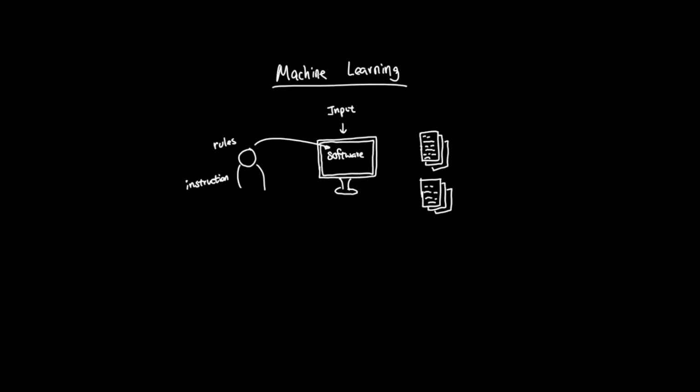You give the computer an input, the program follows the rules, and then it gives you the output. For example, if you wanted to check whether someone is old enough to access a website, you don't really need machine learning. You can just write a simple rule. If the user is 18 or older, allow access. If they're younger than 18, block access, and the logic is pretty clear and predictable and easy to write.